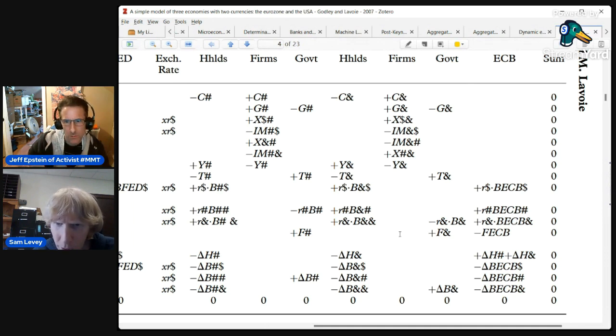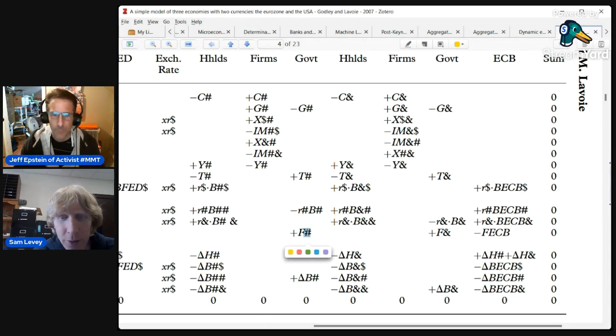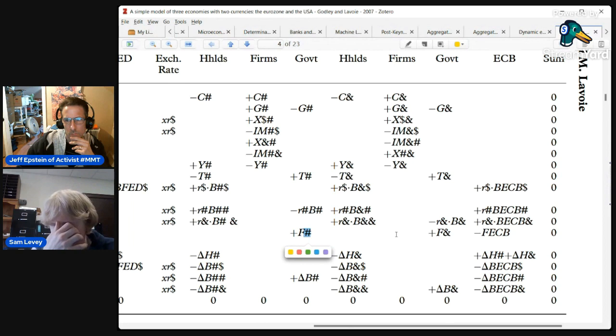Yeah, so it looks like in this row here, this is the central bank profit row. Here is the ECB paying out its profits, and that's getting received by the government in each country. Got it. So it gets split up between these two governments. I have no idea how that works in real life, to be honest. I assume that the ECB pays out its profits to the Euro country governments, but I do not know how much or how that works. That's interesting. Okay, all right, great.